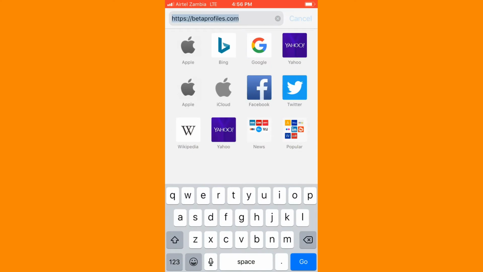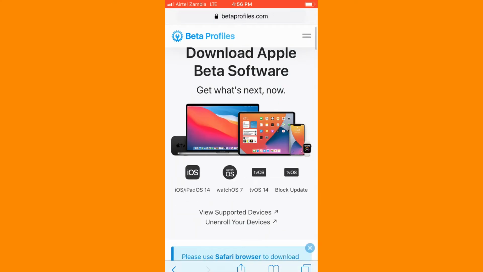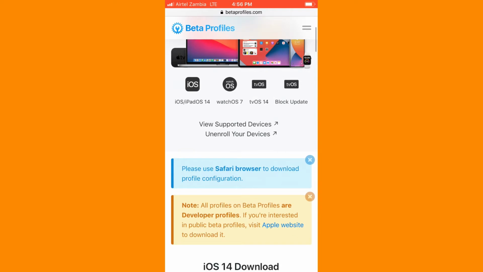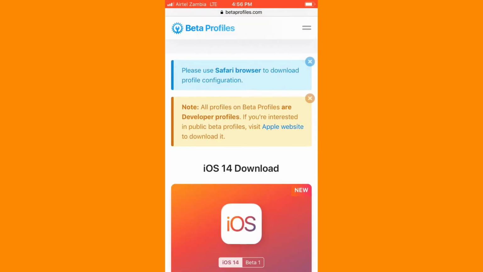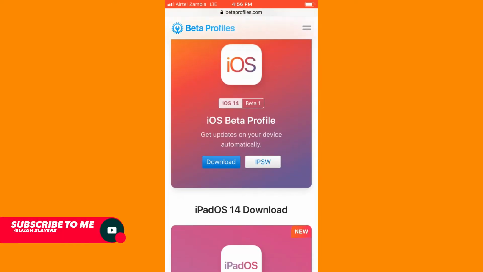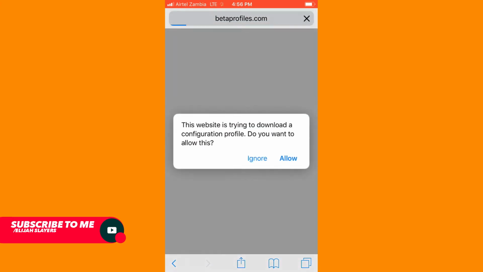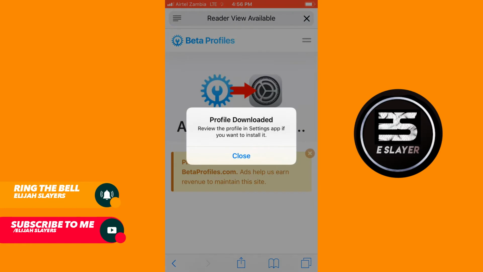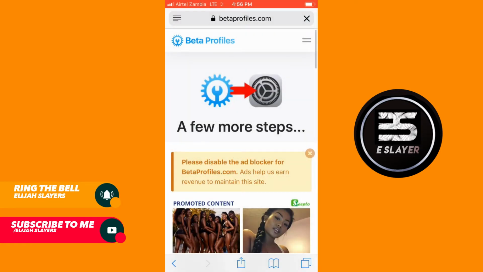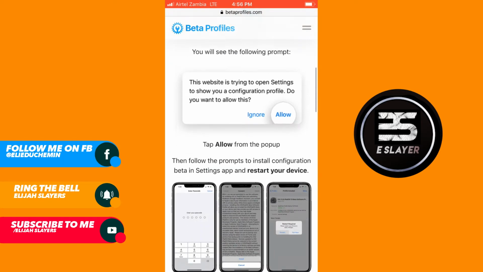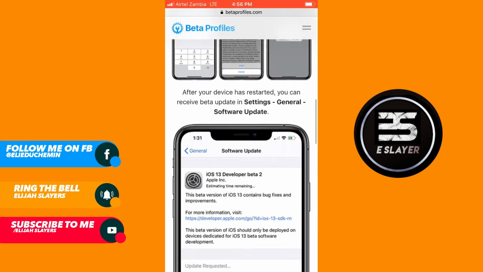Scroll down when you get to this page on your Safari browser or whichever browser you're using. Scroll down until you see iOS 14. Click on download, and right now you'll see a pop-up. Click on allow and click on close. If you scroll down, you'll see all the instructions and everything. You can follow all the instructions right here on the screen, and after that you can go back to your